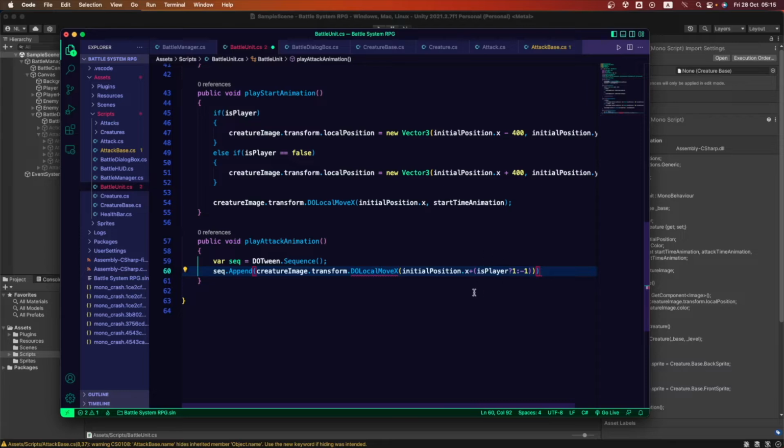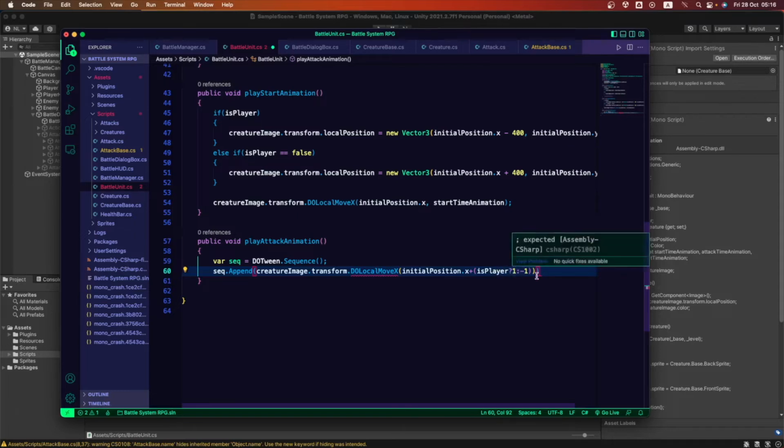Okay, so if this condition is true, we wanna move it to the positive one. Okay, and if this is not true, we wanna move it in the negative one.